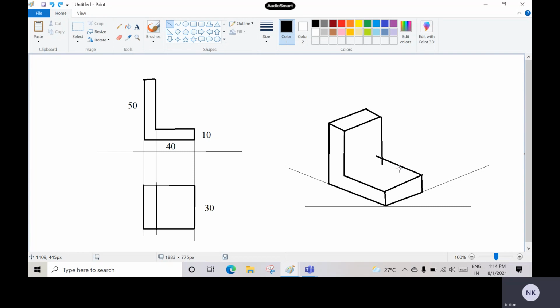Okay, and it meets some other point. Again fix the drafter on the right side and join this corner point, and it will be exactly 30 mm. Okay, and the remaining part which we get after joining all these lines, just erase it. Okay, right, this is about the isometric.